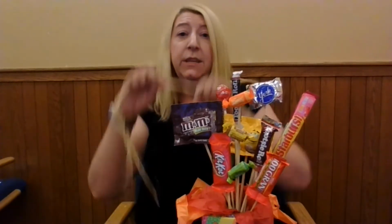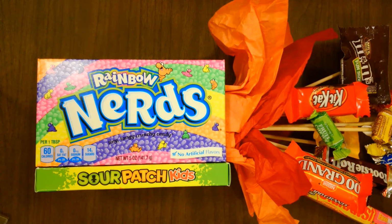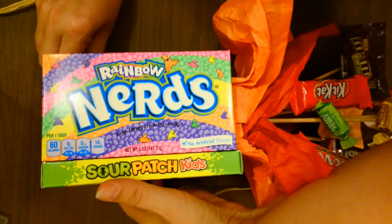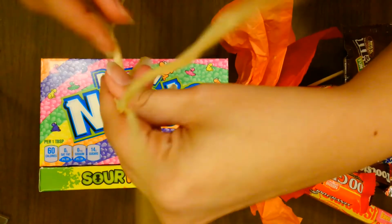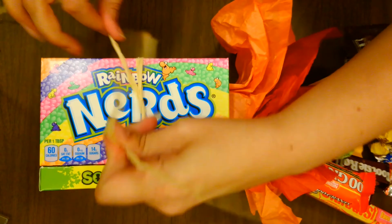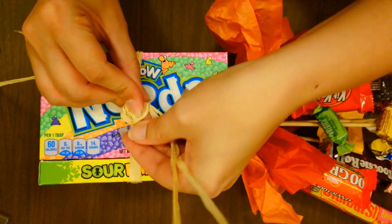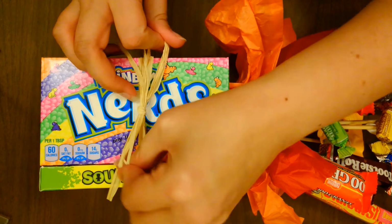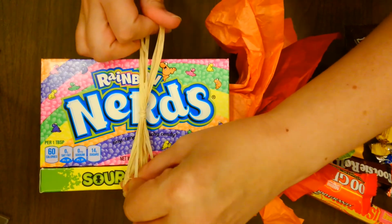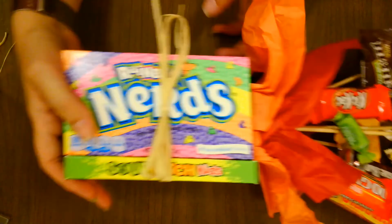So what I'm going to do next is I'm going to take my raffia and I'm going to tie a bow right around the box. So let me just... Okay, so I'm going to tie my ribbon around the box. And just a regular old bow using my raffia, but you can use whatever came in your kit, or you can choose your own thing that you have at home. It's up to you. It's your project. That's the best part about these projects, is we are all making the same thing and everybody's turns out differently. I'm just going to trim these little ends here. And then look at that. I have a beautiful